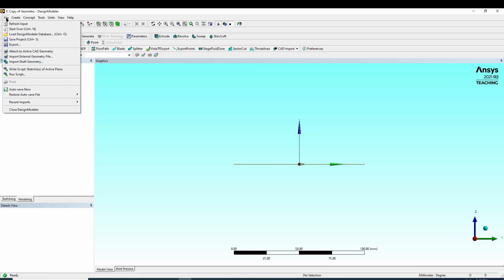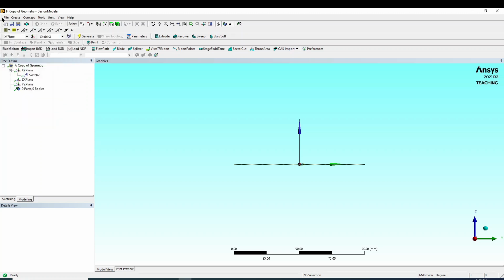If you have the file, you can import it here. You can export the file. Export the geometry. I am creating geometry. I have the ANSYS student license, but a third party has the license of COMSOL Multiphysics or SolidWorks simulation, but he wants to utilize the same geometry. So I will export the geometry and he or she will utilize it in their software.